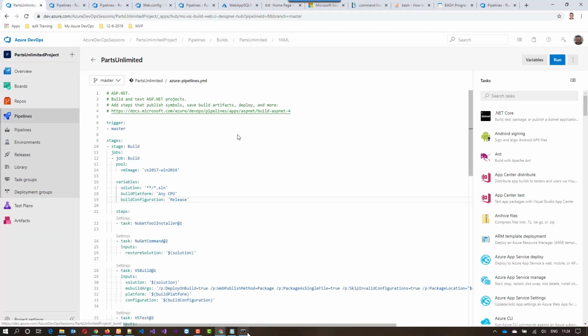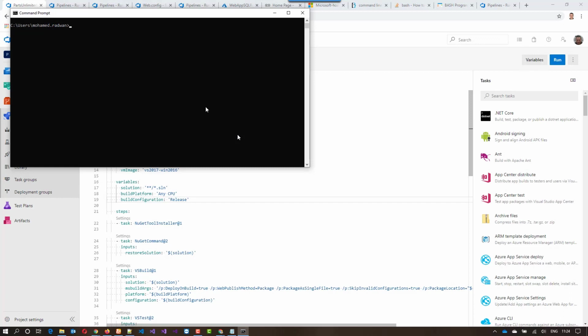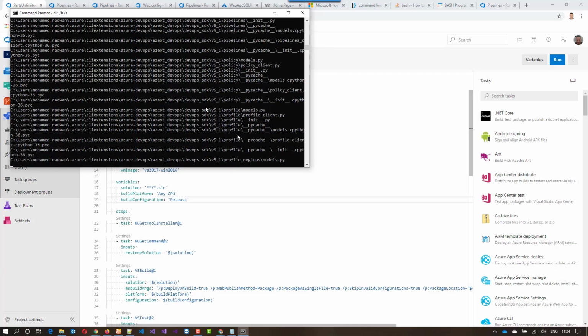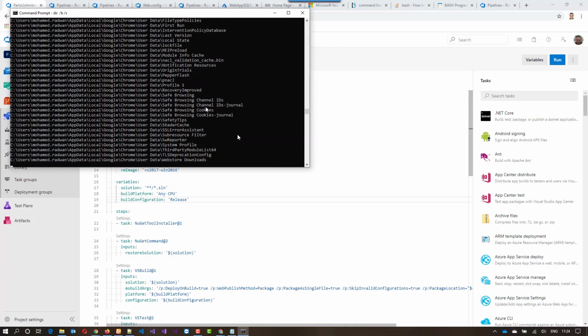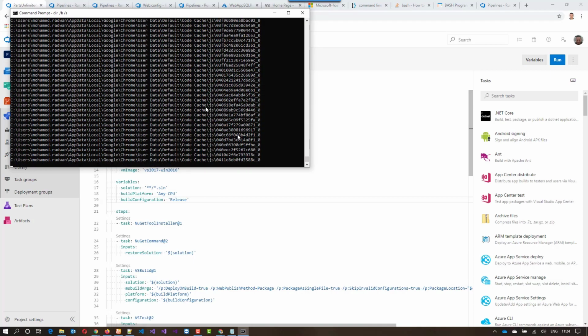As a tip, in order to troubleshoot the problem that the package did not exist, I needed to troubleshoot, and for this I used a command which is dir. This will display all the existing files and directories or folders in this location, and I can run it on the build agent, so I can display all the existing files, and just Control C to exit from that. So I will use the same command with the command task on the build pipeline, so I can understand